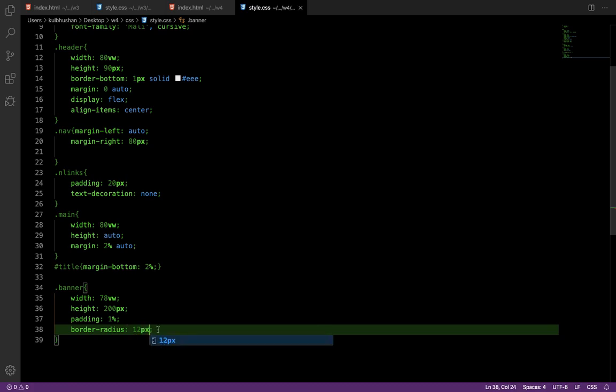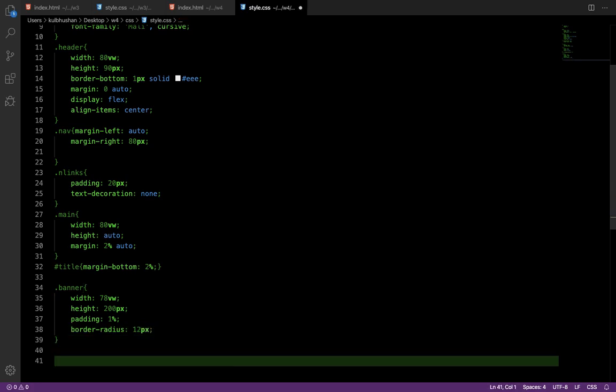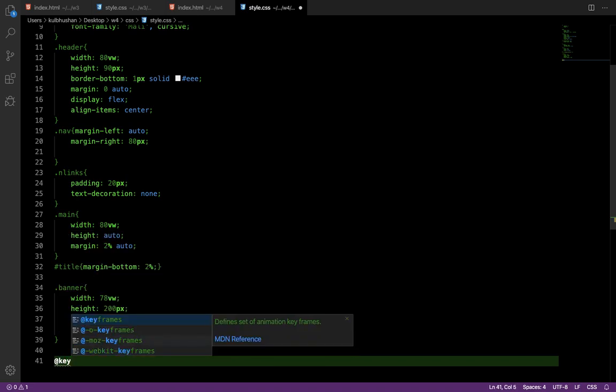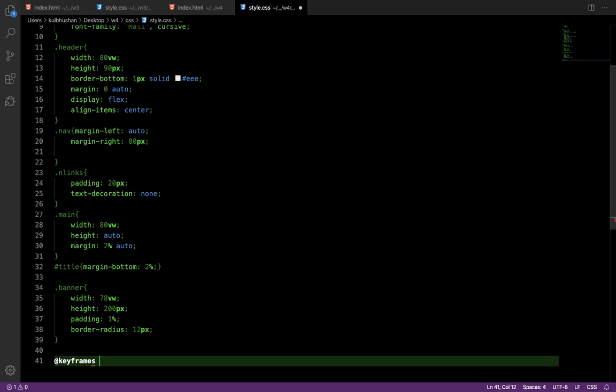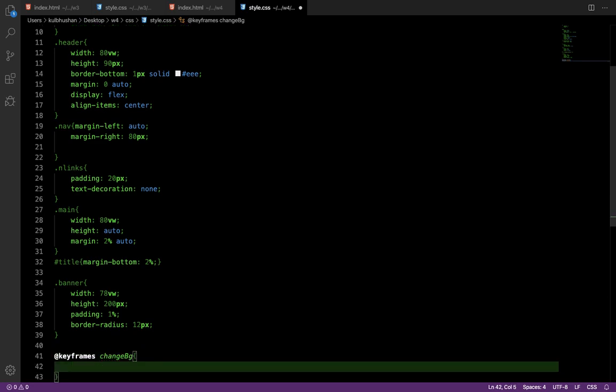And now we have to create something here called keyframes, because we want to change the color automatically. So we have to give it some name, maybe changeBg. I'm writing it like that because that is how things work in programming, where you use a capital letter in the second word, so things are made easy like this. You have to copy what I'm doing. Okay,